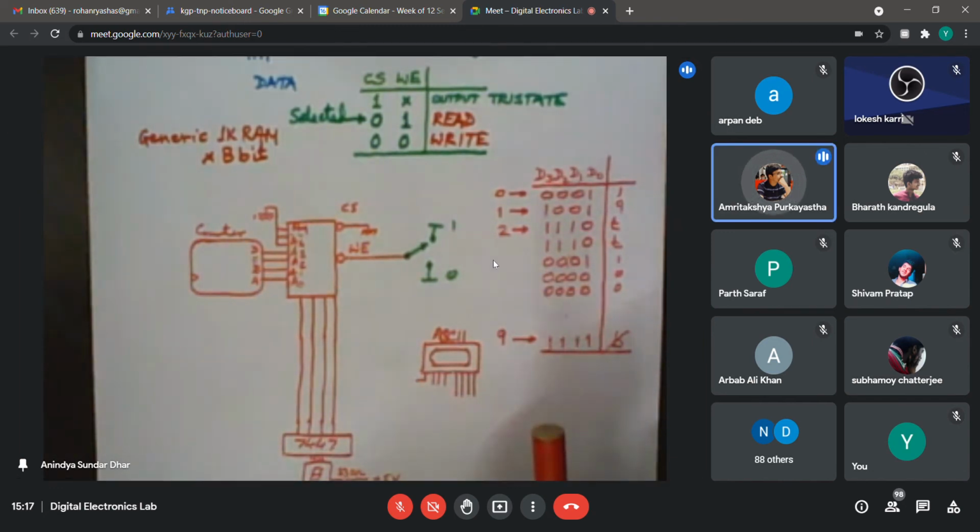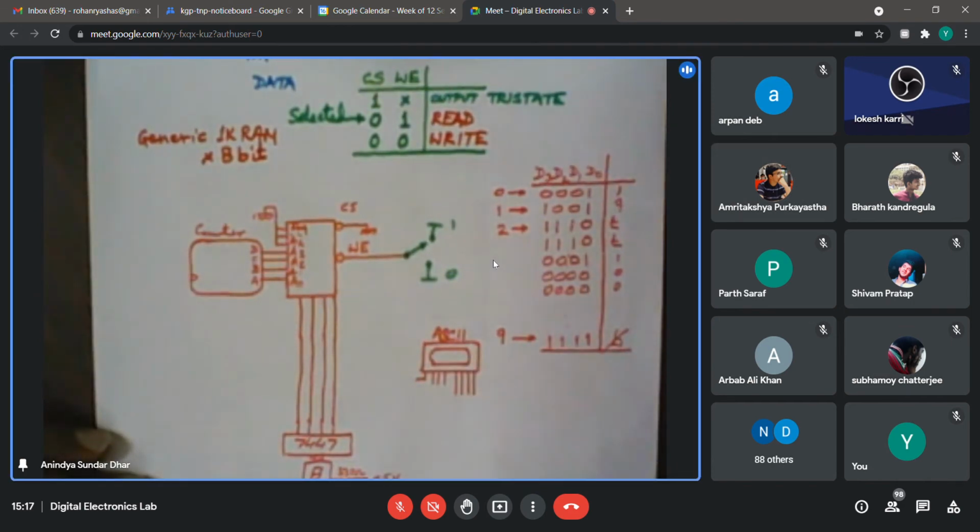Basically, during the write phase, the ASCII input will also go to the 7447. But that is fine. Whatever I am pressing, I can see that particular character glowing. So rather than a disadvantage, I may say that's an advantage in some sense. Whatever I am inputting, it will display.